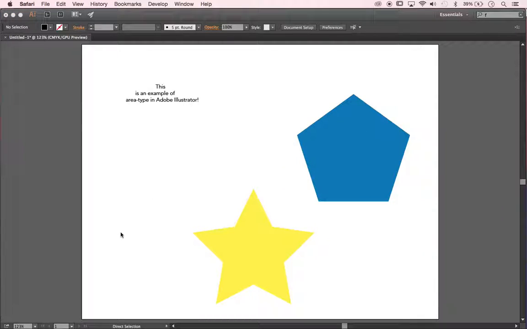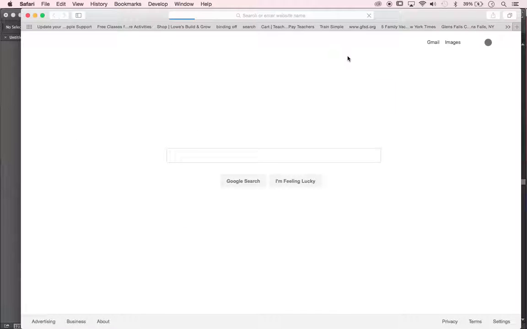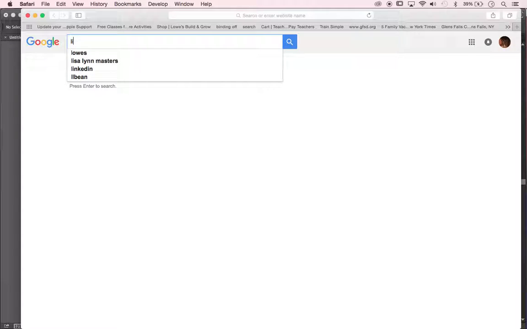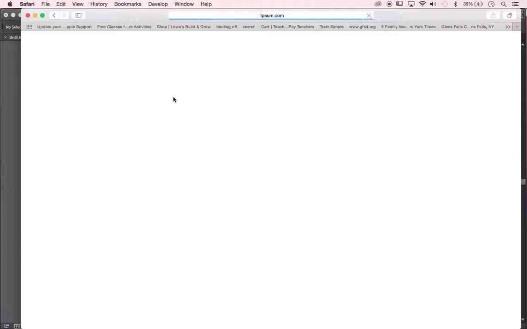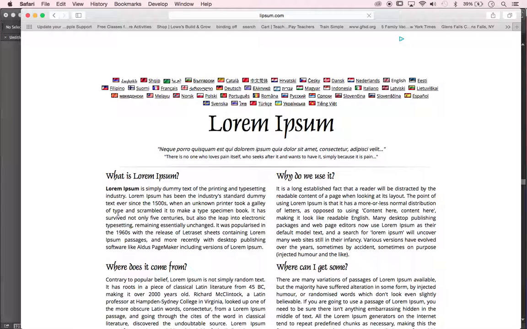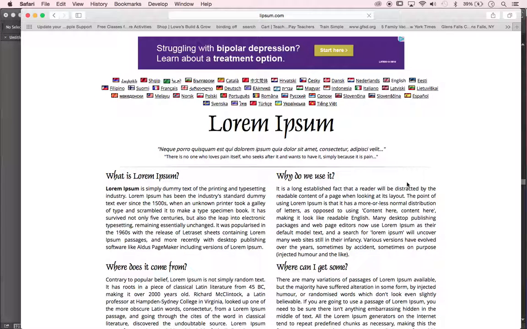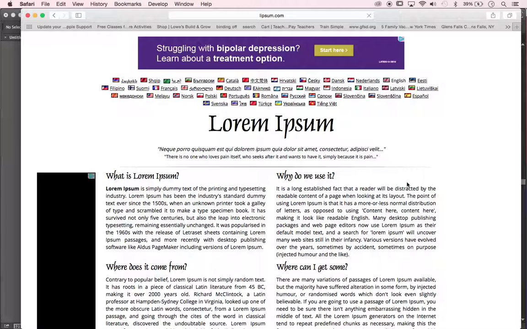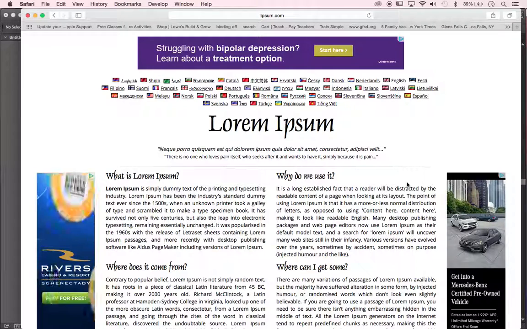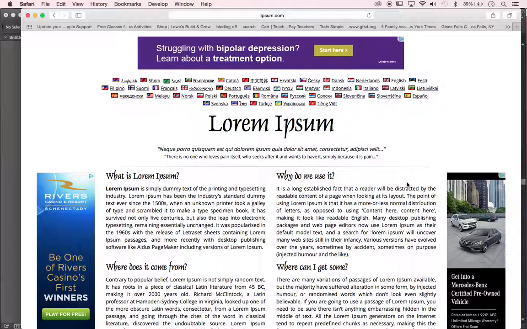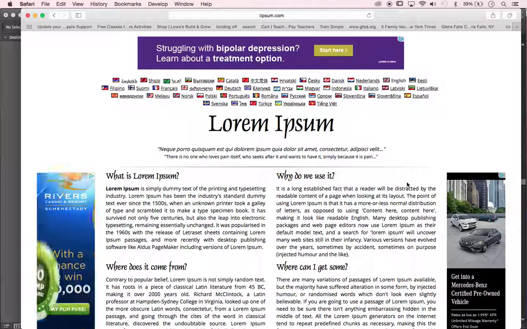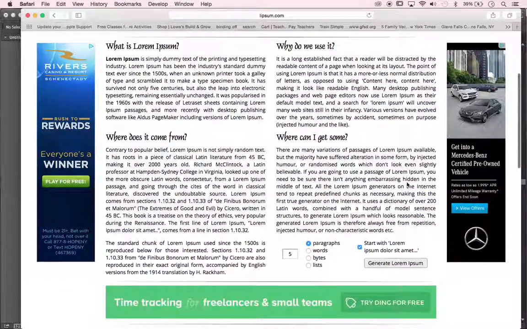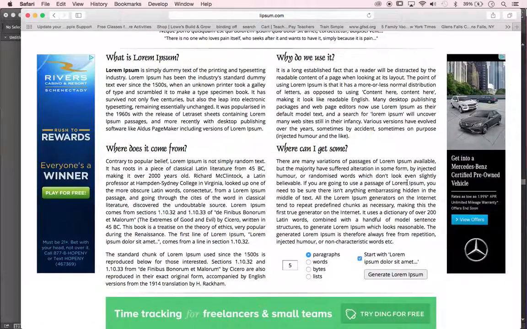Now, I'm going to jump to the internet, and I'm going to show you this website. It's called Lipsum.com. Here it is right there. And what Lipsum is, it's a website for Lorem Ipsum. And Lorem Ipsum is dummy text, or fill text, sometimes it's called. And it's Latin, and essentially it's just gibberish. It's just Latin gibberish that we drop in when we're designing, when we're creating,